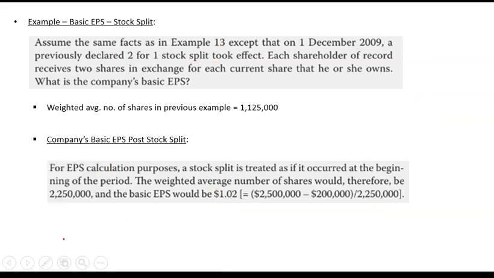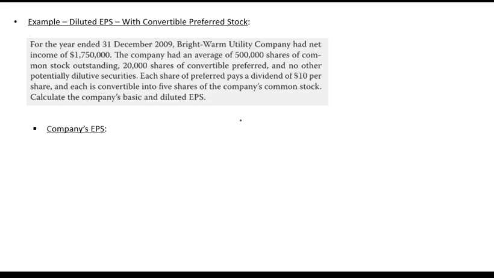Now moving on to diluted EPS. So far we have only discussed basic EPS, or have only calculated basic EPS. Now we are moving on to calculating diluted EPS. What is diluted EPS? Diluted EPS is the EPS that will assume that your convertible shares have been converted into common shares. So let's say I have a convertible preferred stock. This convertible preferred stock has 100 shares. Each of these shares can be converted into 2 shares of common stock.